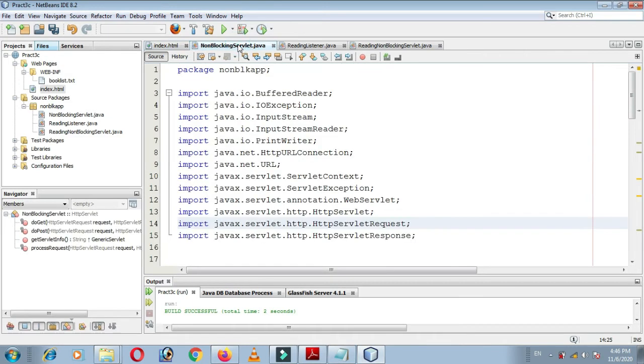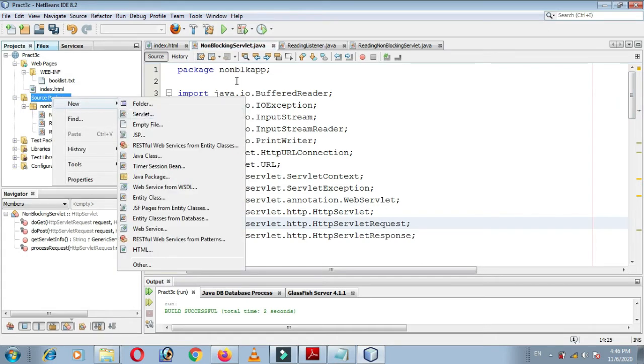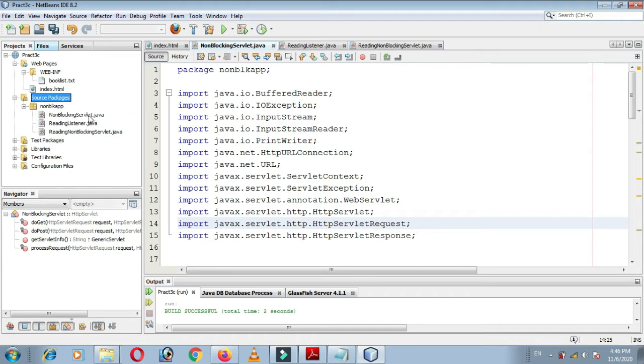Here is the file NonBlockingServlet which I have already created. To create this file, go to the source package, right click, click on new option and then the servlet option.